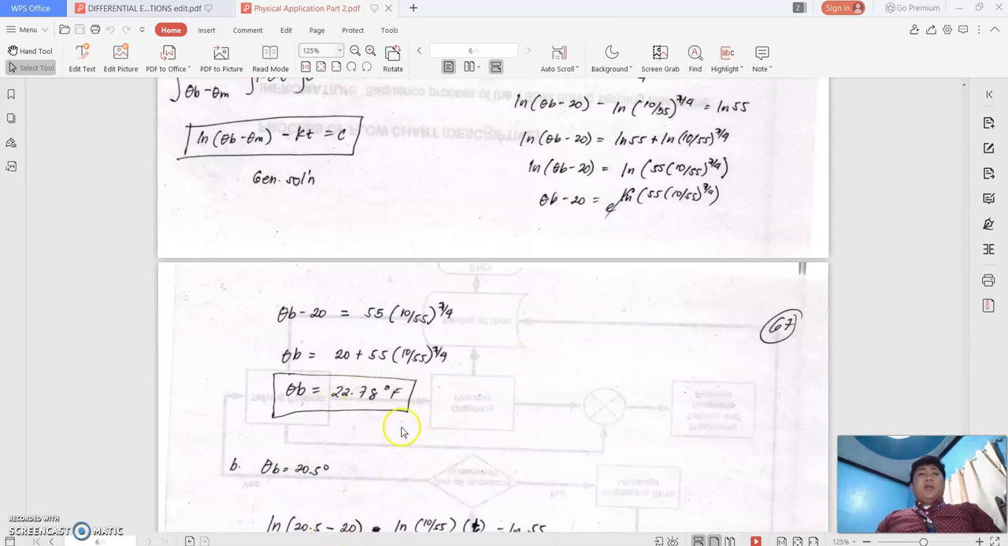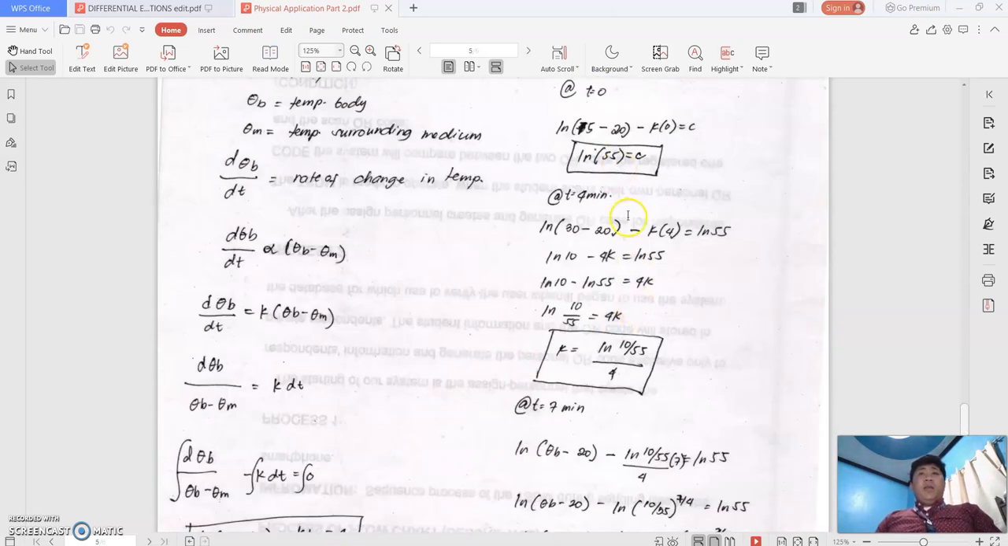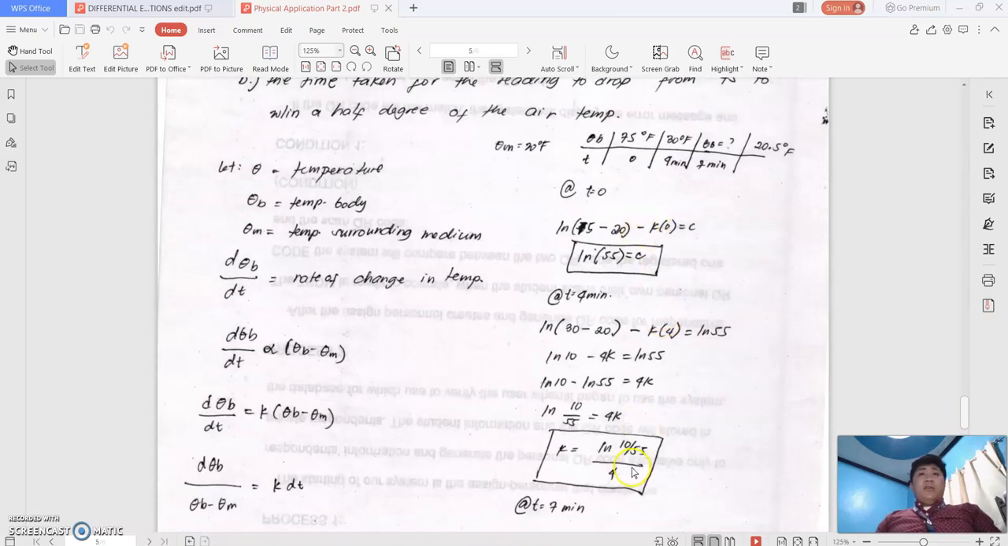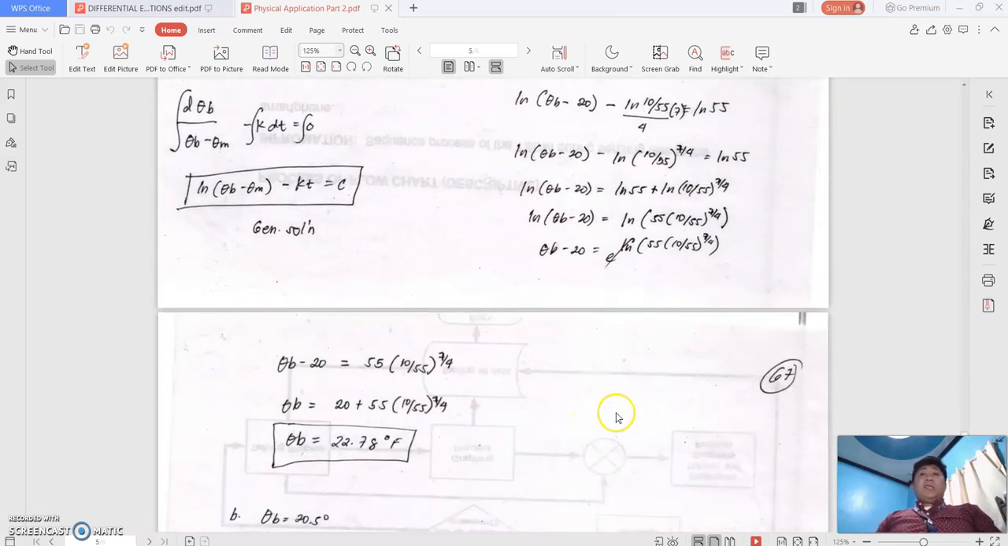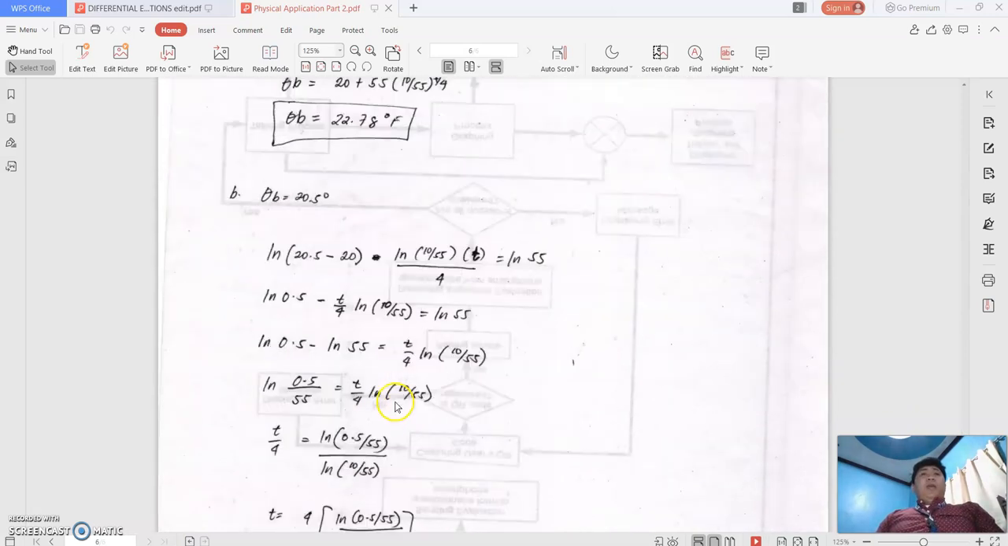Others answered 23 because maybe your answer here and from here are all rounded off. So if you could see, I did not round off every inch of my constant so that I am sure it is the exact value. So from here,